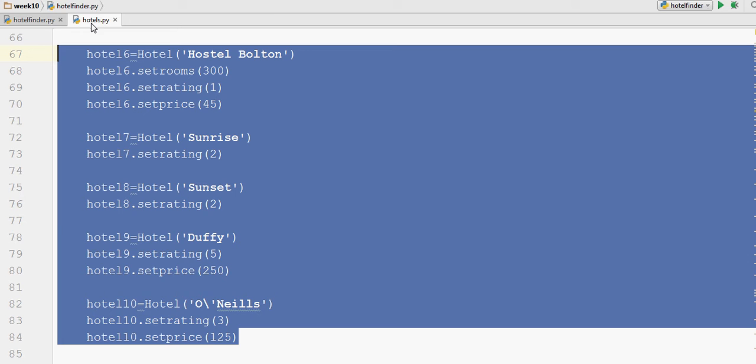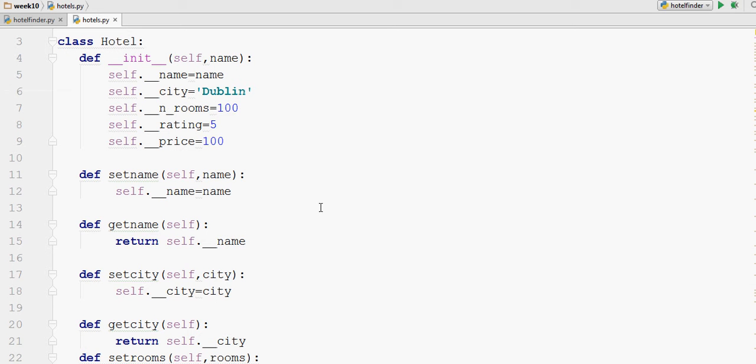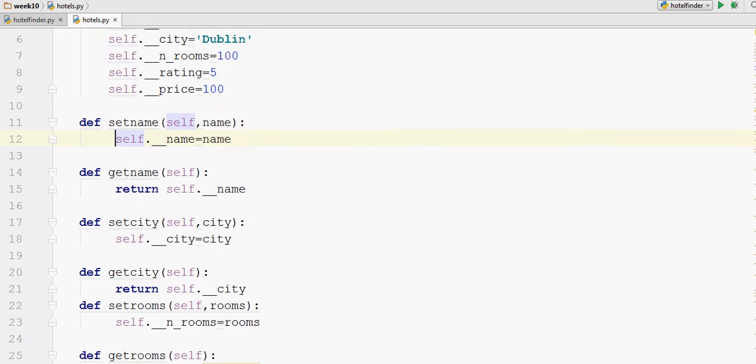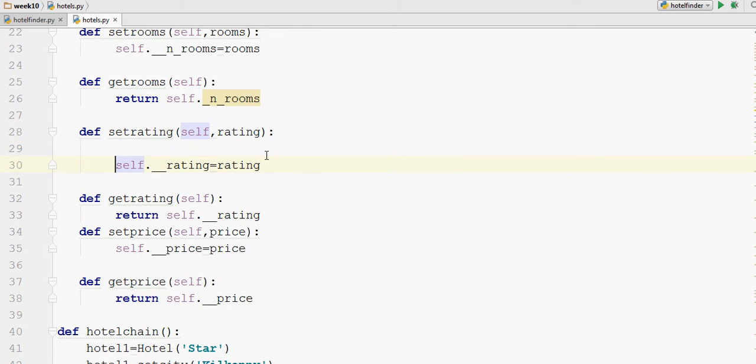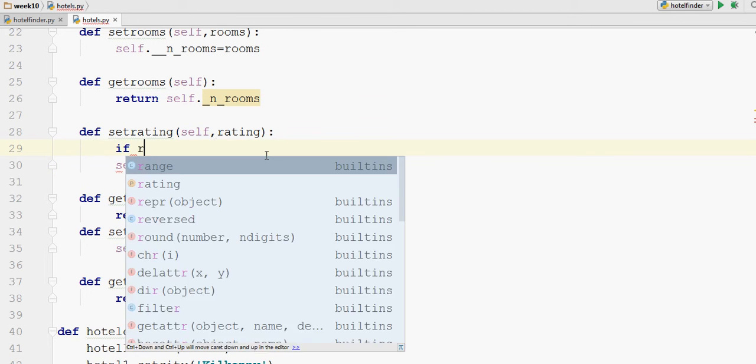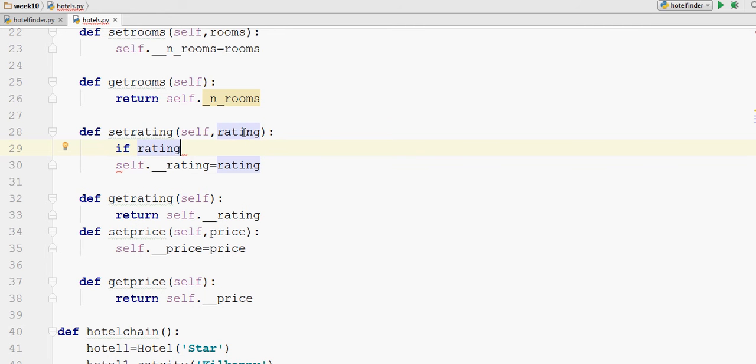Now, a common question is, why are we doing the getting and setting? The idea is that when we're setting the name, let's say we're setting the rating, actually let's go down to the rating. Okay, so in this method set rating, we could include a condition. So say we only want values that are between 1 star and 5 stars. So we can say if rating, the one the user is trying to set as the rating for this particular instance,